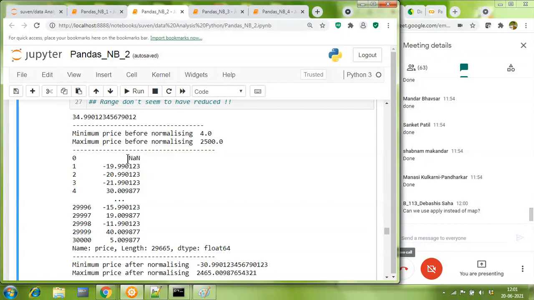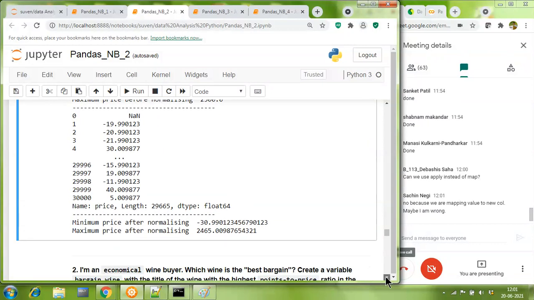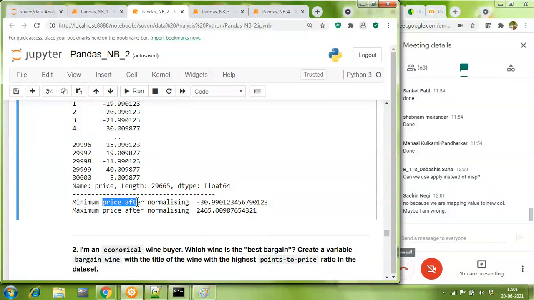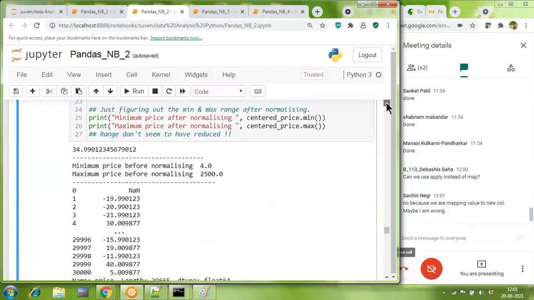So obviously a blank minus 34 is going to be not a number or NaN. This next part is just for our curiosity, what will be the minimum price and maximum price now. Somebody asked me, so I just added this piece of code, although this is not needed, that after normalizing your minimum is -30 and your maximum is 2465. I hope this is going clear.